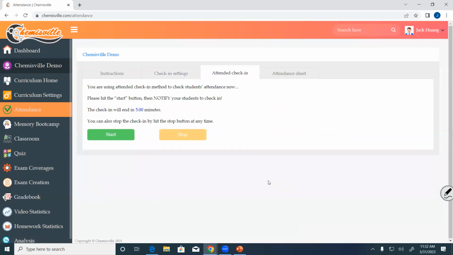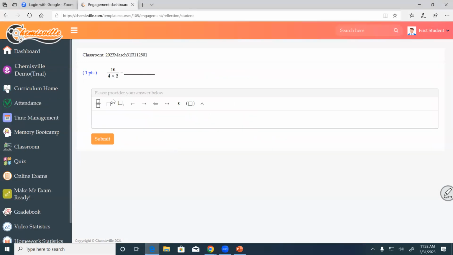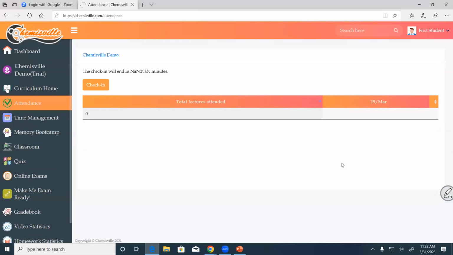So this way, students only see it when you open the attendance sheet. So this time I give you 1 minute. Then I click start. If you click attendance, you will see something. Okay, let me see. Hopefully it doesn't. Yeah. If you go to attendance, this is what you're going to see. Okay, I see a button, check in. I can click to indicate